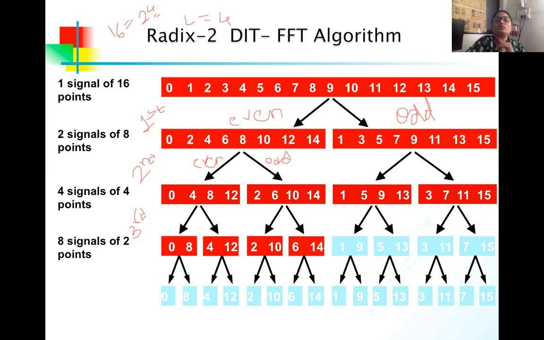So what does the algorithm do? The 16 point signal is divided into single points, and for this division it will take 4 stages. The entire sequence is being divided into a single point. Depending upon the number of points, we have the formula N is equal to 2 raised to L. So that many stages are required in order to divide the entire sequence into a single point. So this is the DIT FFT algorithm.